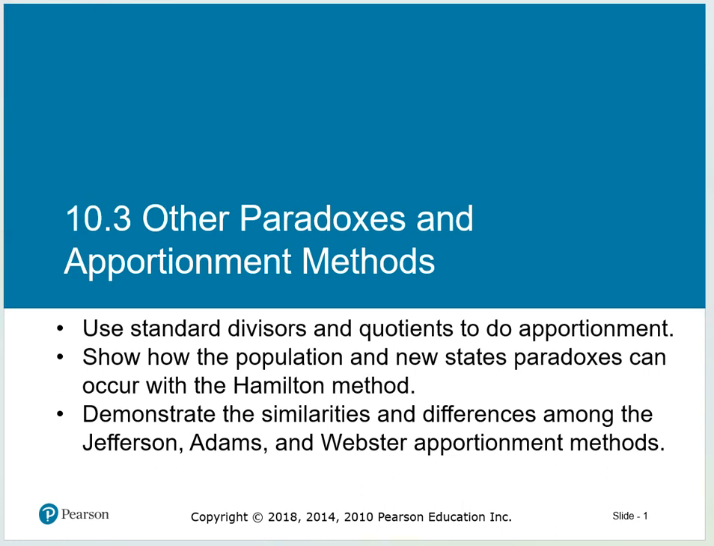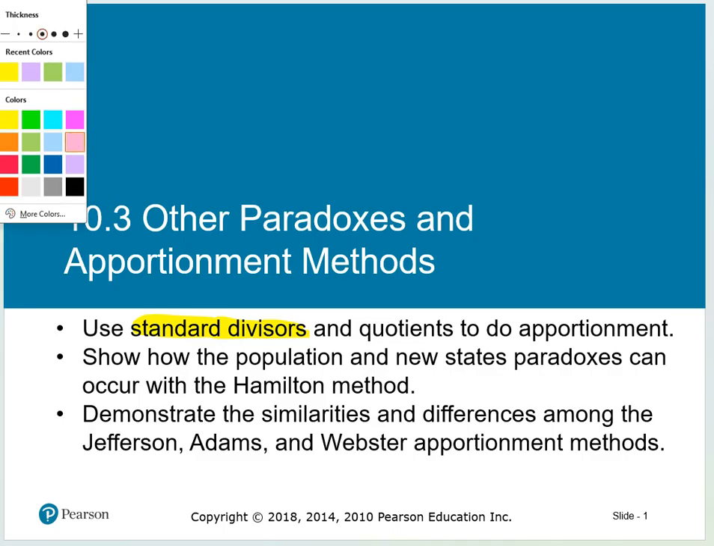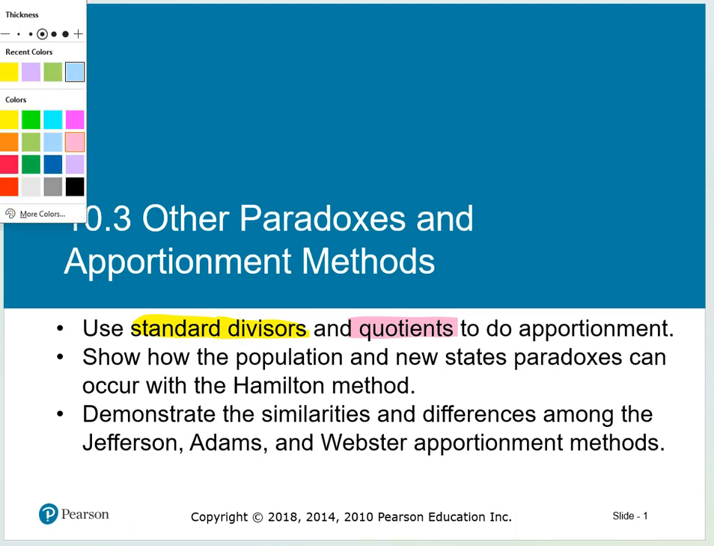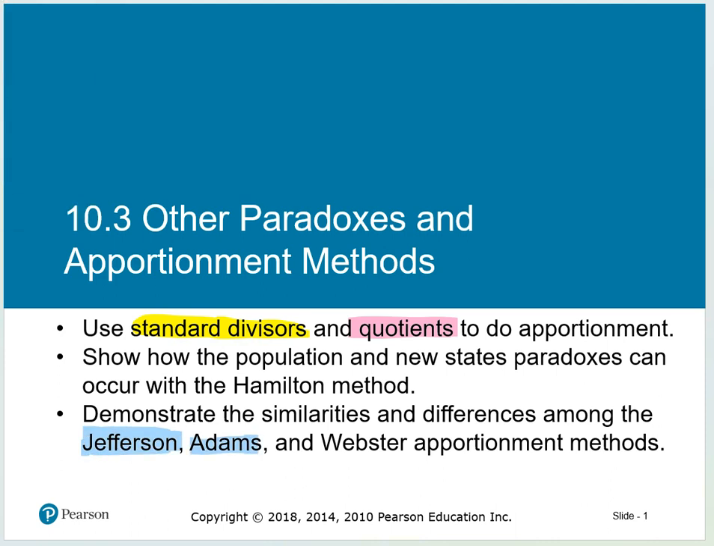Okay, so this is the last section of chapter 10 that we're going to cover, and it's going to be more stuff on apportionment, but this time we are going to be using standard divisors and standard quotients to do apportionment. And we're going to show how the population and new states paradoxes can occur with the Hamilton method, but we're then going to go on and work with the Jefferson method, the Adams method, and the Webster method, which are